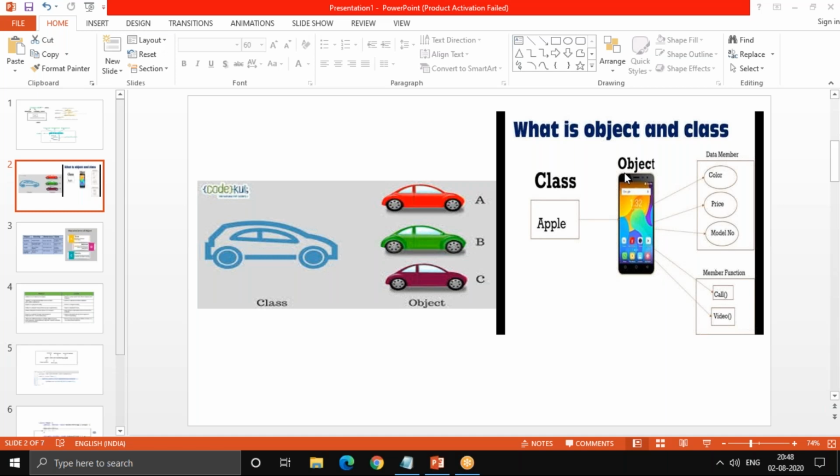For example, in this example, I just want to design a phone. Apple is nothing but a class. Why am I saying it is a class? Because Apple has its blueprint. If you see an Apple phone and some other Android phone, you will have different specifications, different